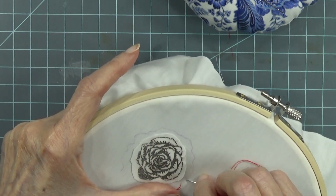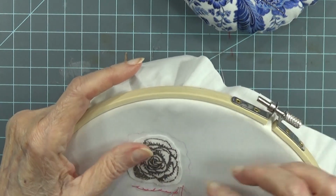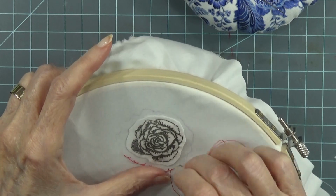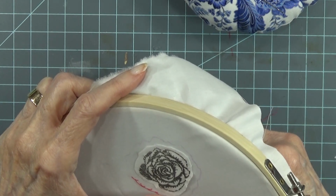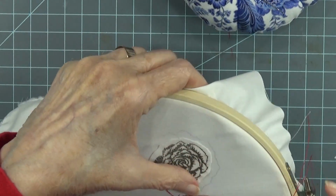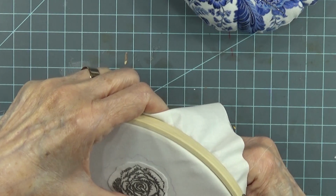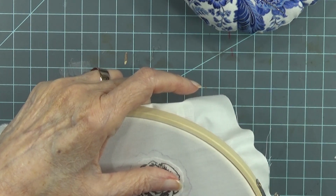So, I am doing a backstitch, and if you'll notice, I'm doing a stab stitch. The reason I'm doing a stab stitch is because if I went like this, I would be pulling this fine fabric too much as far as I'm concerned. As I said, this fabric is going to be used on clusters, and even though it's going to be used on clusters, we don't want it to be all rippled and messed up looking. So if I can keep this fabric as flat as possible without pushing my big thumb on it too much, and I can pull it when I need to through the hoop,